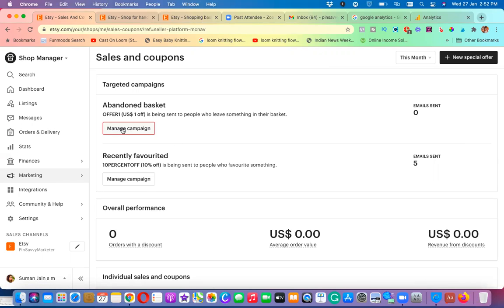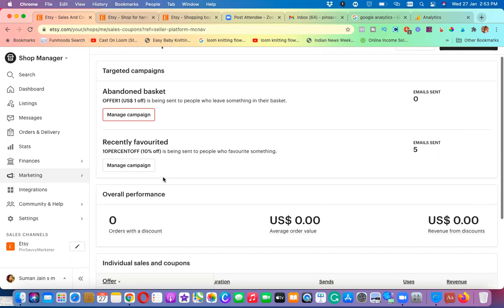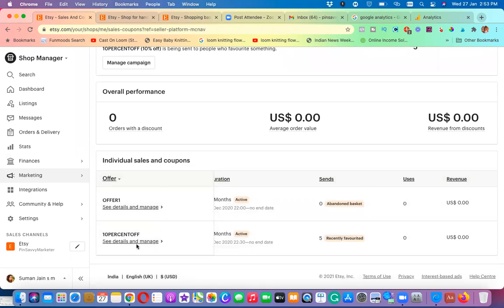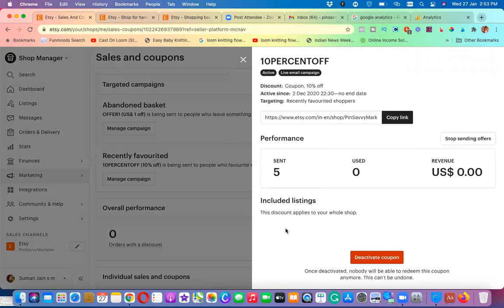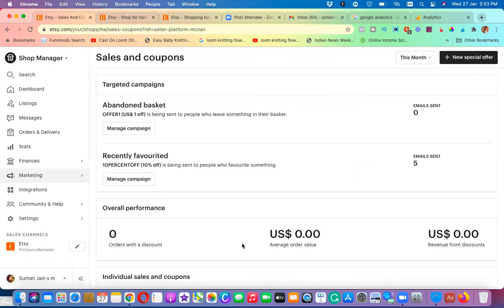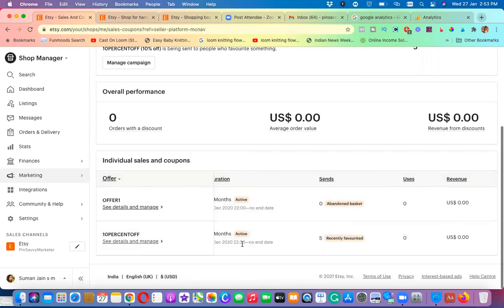But you need to make sure you set up all this information, so that if someone has favored it, after 4 or 5 hours or whatever it is, Etsy will send them an email. So for that email you will be doing all the setup. You can see here how you do the setups. For example, you can see all this information, and if you don't want to activate it, you can also deactivate the coupons. Anything where you think, I don't want to send them any offers, you can definitely deactivate it.